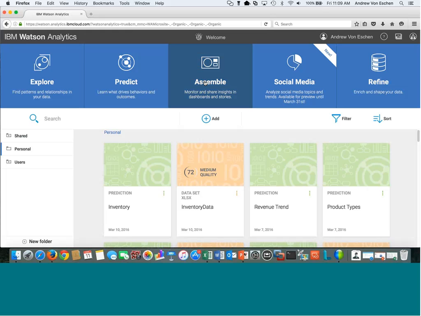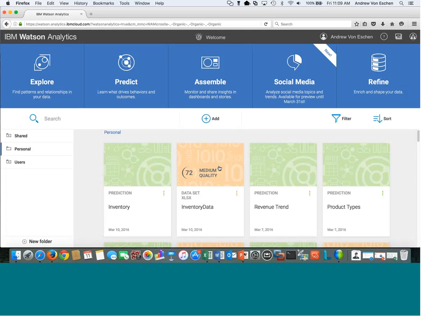Go out and grab a hashtag on the business, or a hashtag of something relevant to what's going on. Look up different trending topics, right? Be able to marry that in with my existing data that I have. And the last piece is refinement. So being able to take that data and do some manipulation myself, build out some hierarchies, some calculations inside of Watson Analytics, I have the ability to do all that.